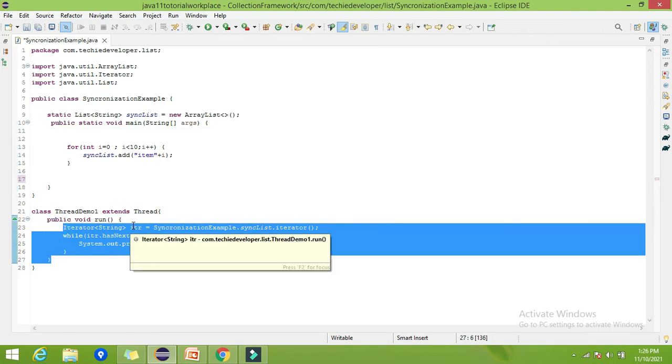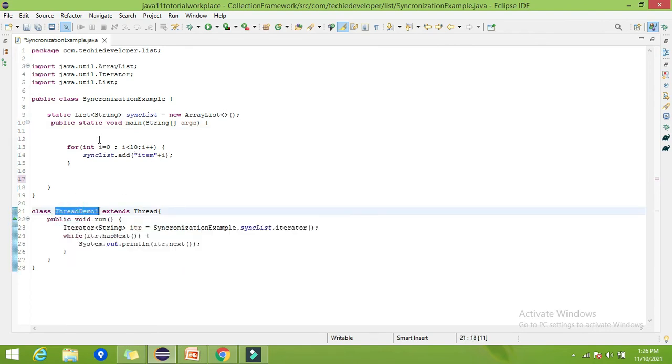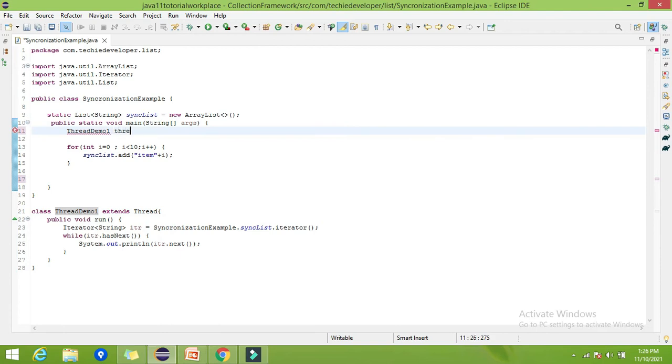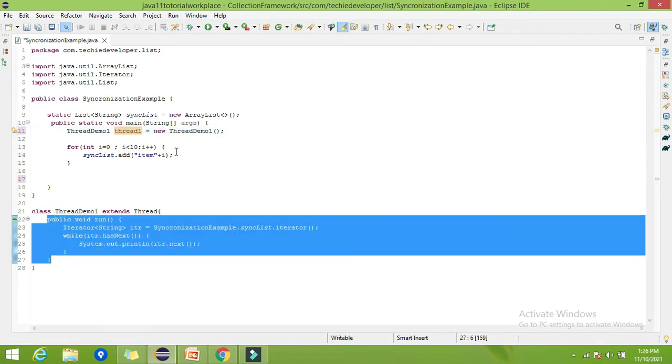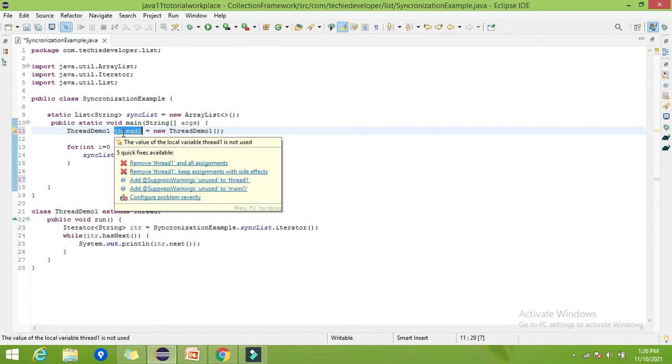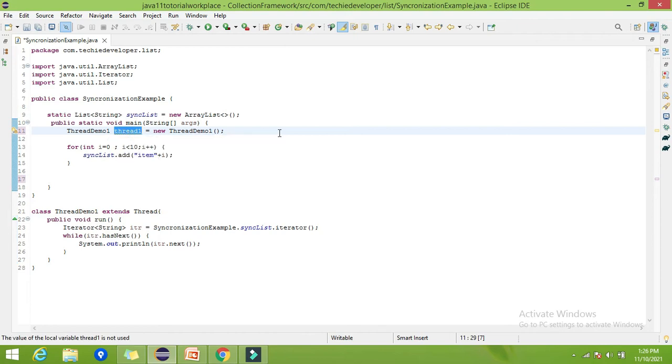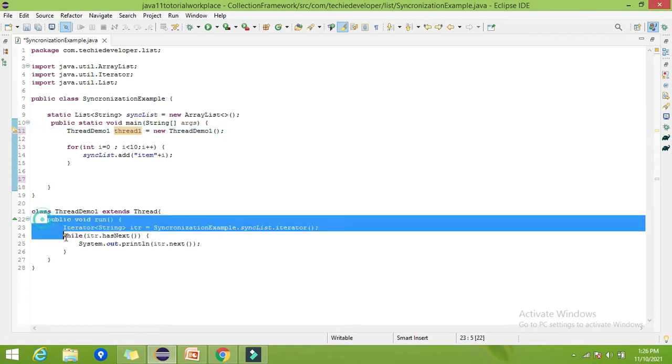Now I want to execute this, right? So how to create the object of the thread, simply declare ThreadDemo1 here. Let's give the name as thread1 is equal to new ThreadDemo1. That's it. Now, if you are aware, to call this run method we have to call the method thread.start, which internally calls this run method.